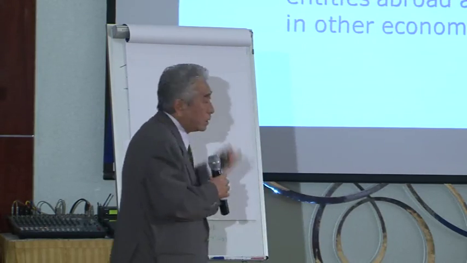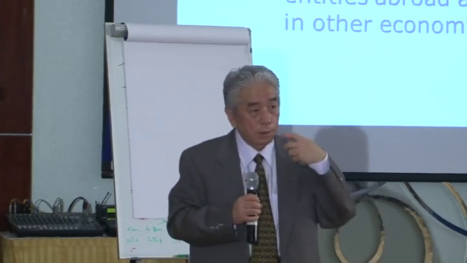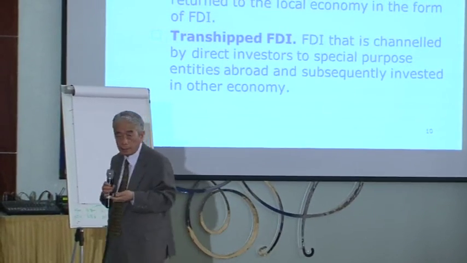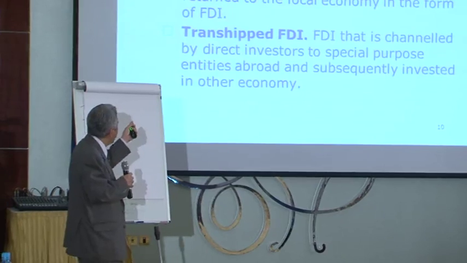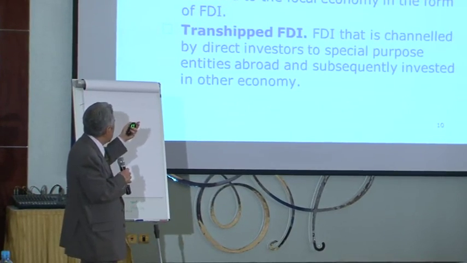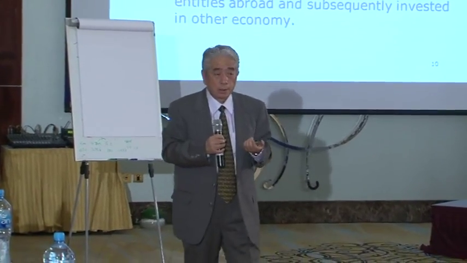The other case of double counting is what we call round-tripped FDI. Round-tripped, leaving the country but coming back, particularly between Hong Kong and China, for example. FDI that is channeled by investors to SPEs abroad and subsequently returns to the home country. Why are they doing this? Because foreign investment is sometimes given special incentives which are not given to domestic investment. Therefore, in order to qualify for such incentives, the funds are sent abroad,